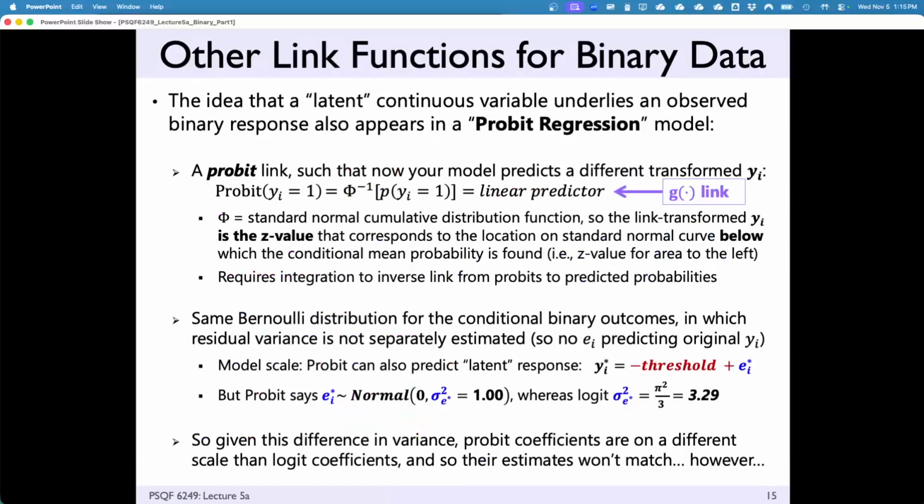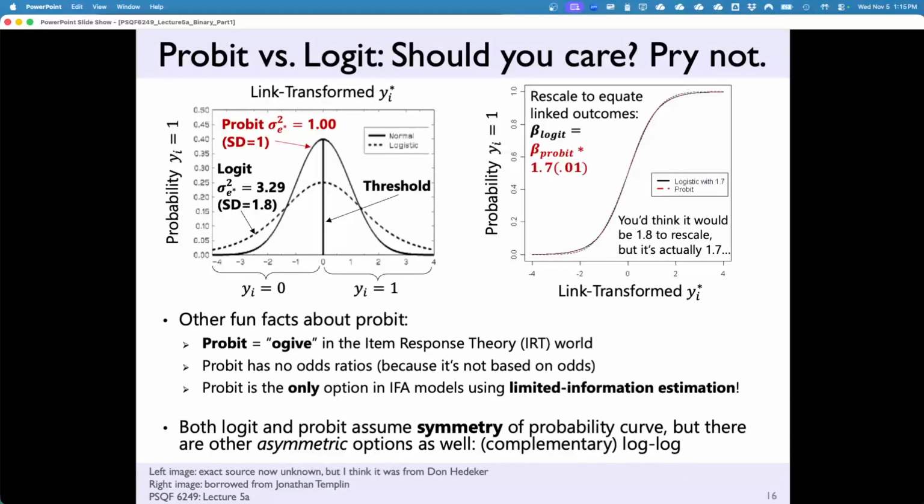So it turns out, if you were to look at both, if you were to superimpose them, if you were to take logit and rescale all the parameters, take probit and multiply all your parameters by 1.701, I know that sounds crazy, but it gets even closer. The probabilities line up on top of each other.